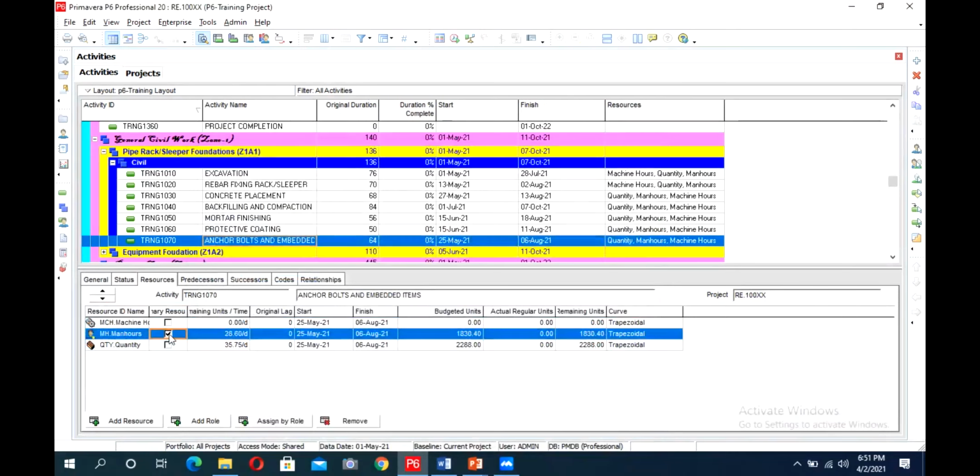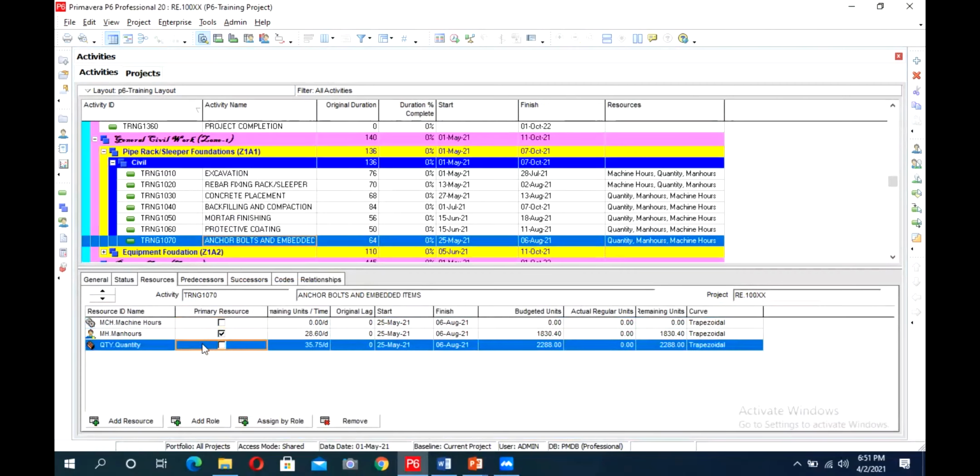Okay, you are asking about this tab. Yeah. So basically, these three are the resources of this project. In this, one is mentioned as primary resource. Man hours is given as the primary resource, the second is machine hours, and the third is quantity. So there is no difference in it.